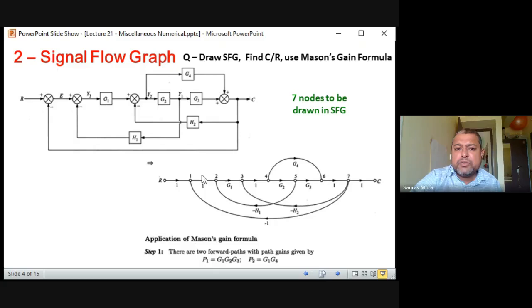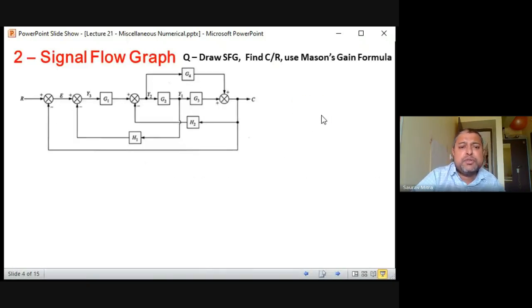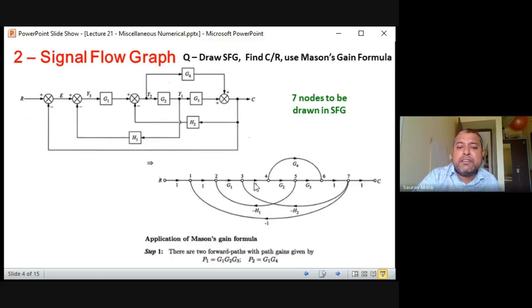The first job is to construct the forward path properly and draw these links small enough. What you do is first few links you draw very big in the diagram and then there is no space on the right side. So first you have to understand how many nodes. That's why this is the flow. First I have shown you the diagram. I have calculated how many nodes. Then I have shown that there are 7 nodes to be drawn. So whatever is the width of your page, divide it equally into 7 nodes.